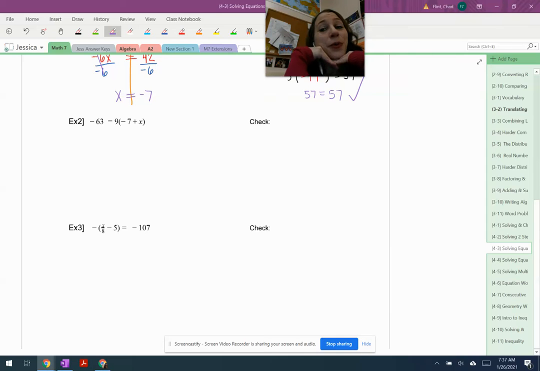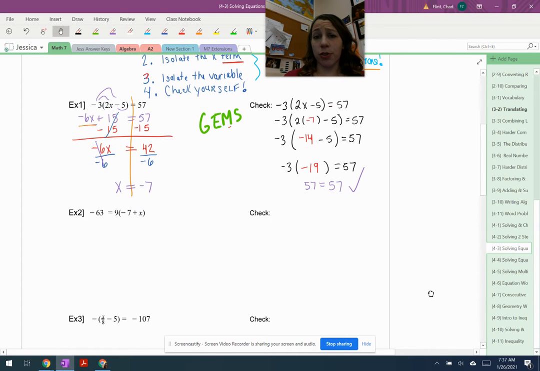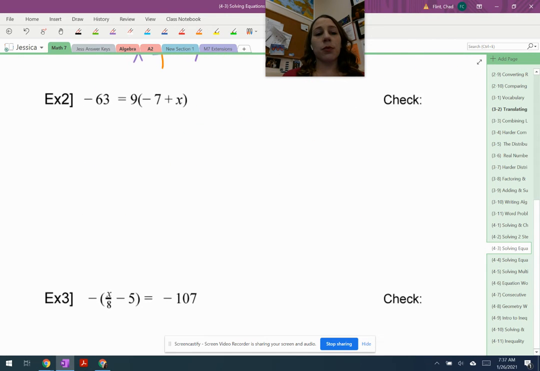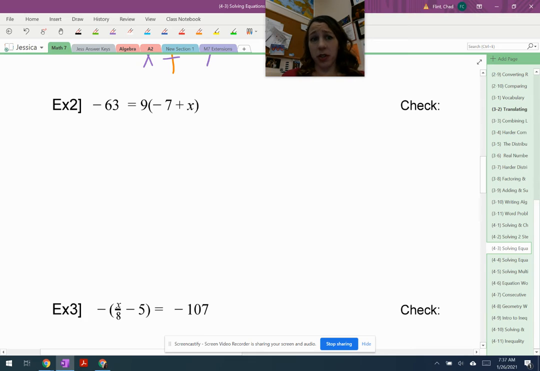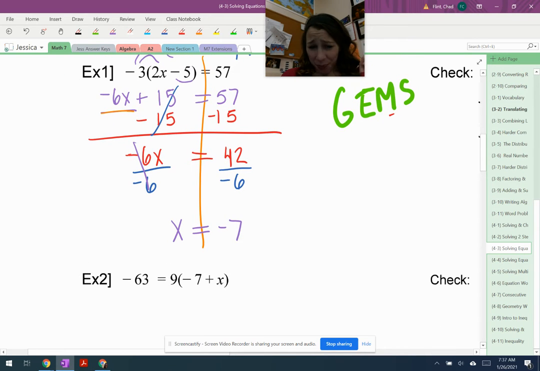Example 2. In example 2, again, following those steps with distribution first. Oh, wait, what's weird about example 2? This looks weird. Example 2 does look a little weird, and the only thing that's weird about it is that normally in the